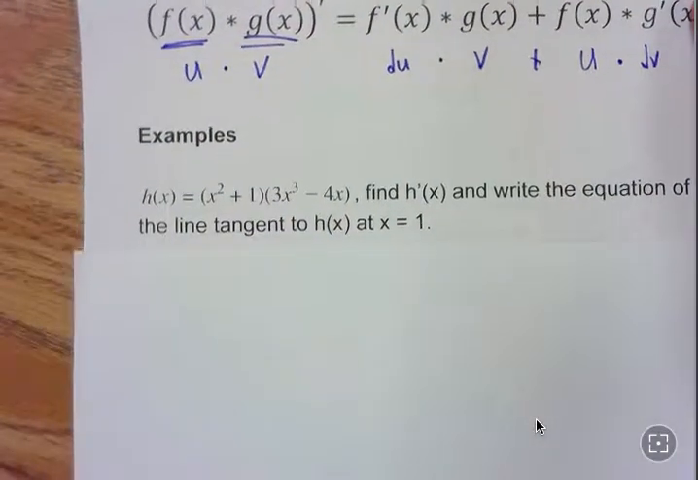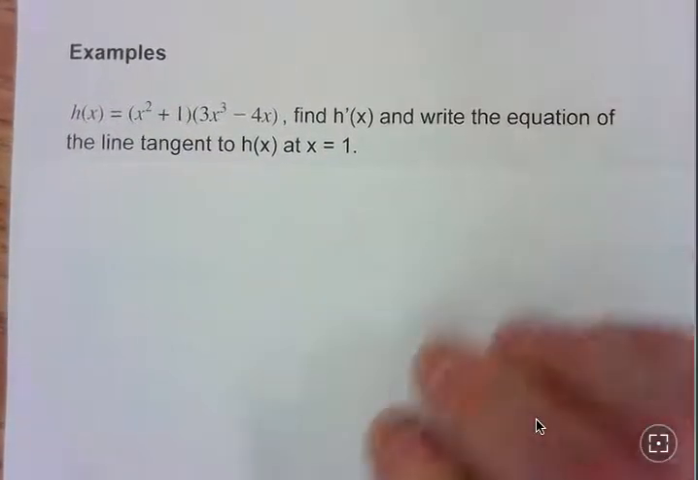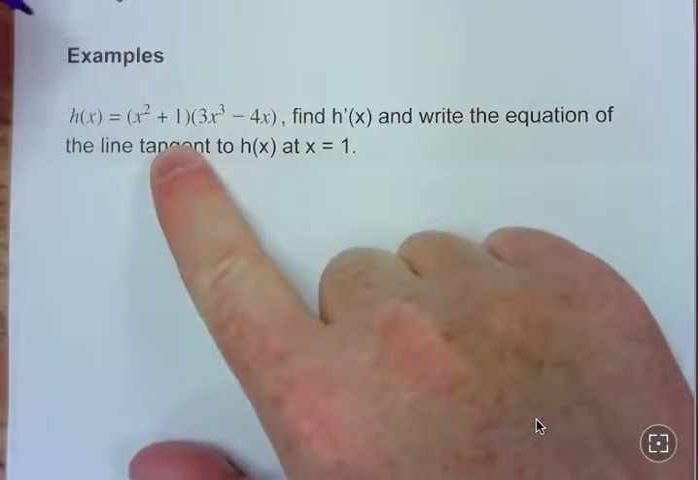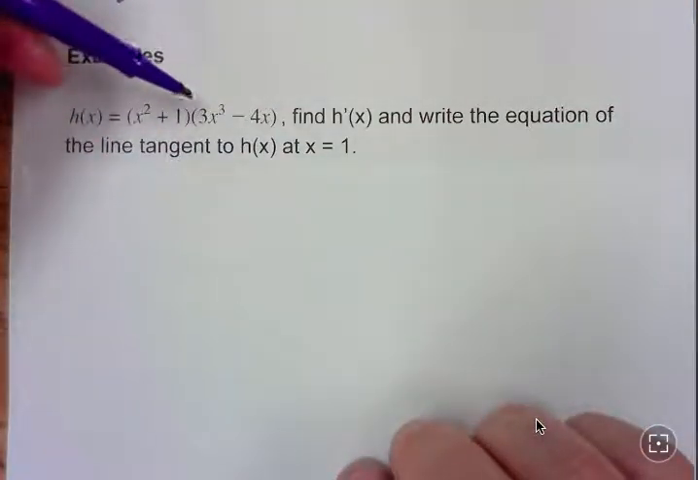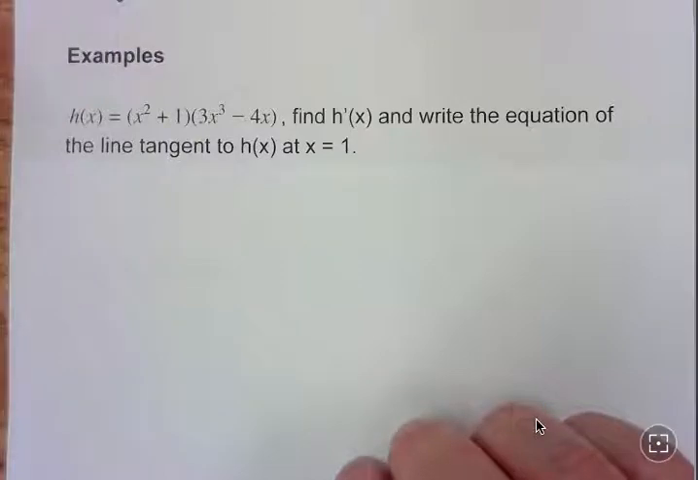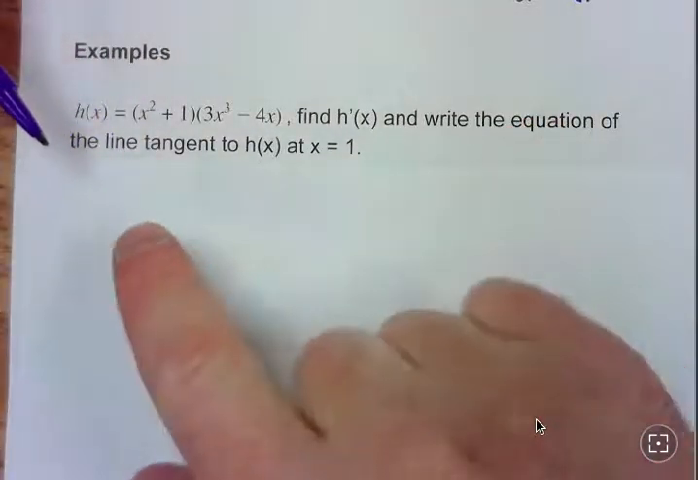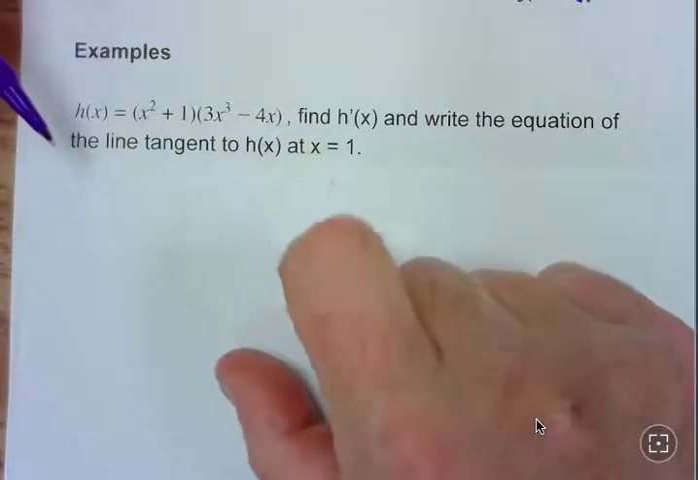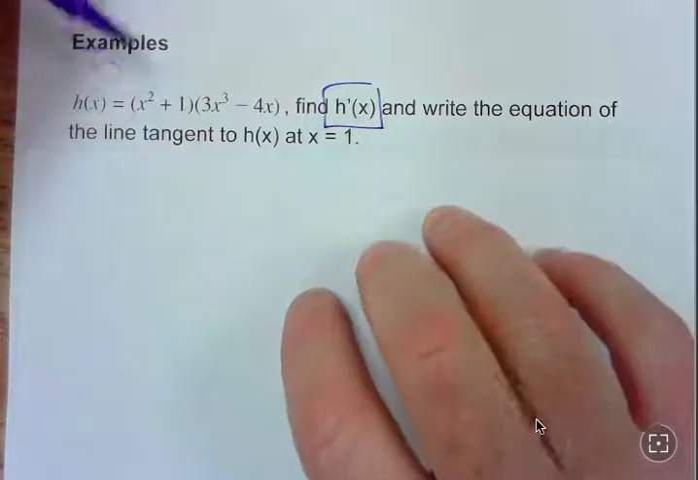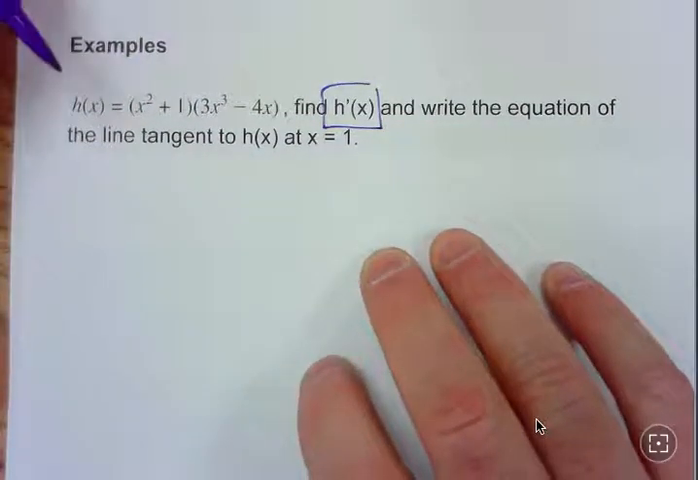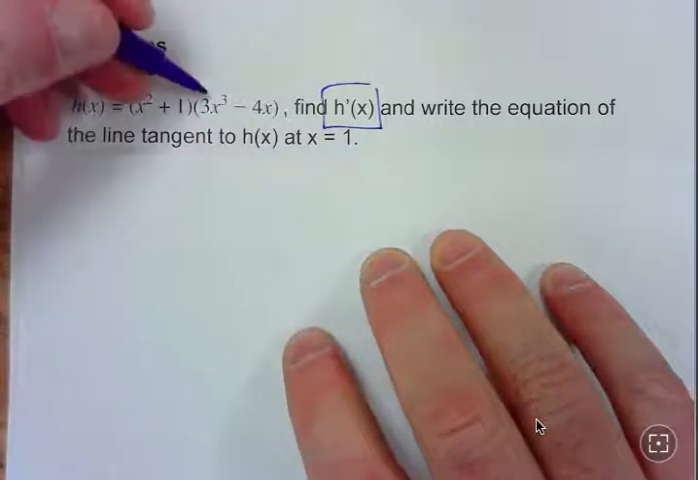Alright, so let's say we have this example here. Let's say we have this function h, and let's say h is defined as x squared plus 1 times the quantity 3x cubed minus 4x. And it says find h prime and write the equation of the line tangent to h at 1. Okay, so we'll do h prime first. Find the derivative. Now, we wouldn't have to use the product rule here. We could actually just FOIL this out. We could get rid of these parentheses, take this times this,